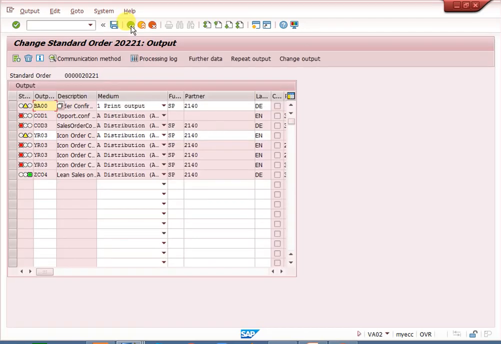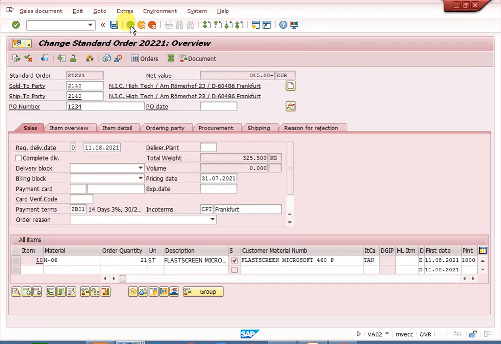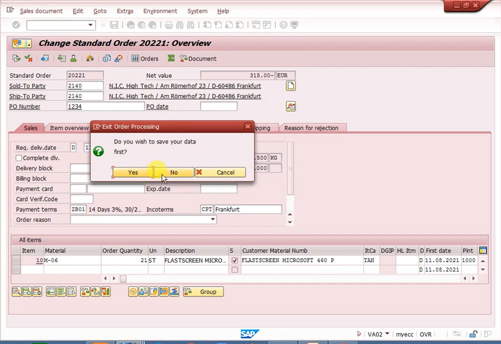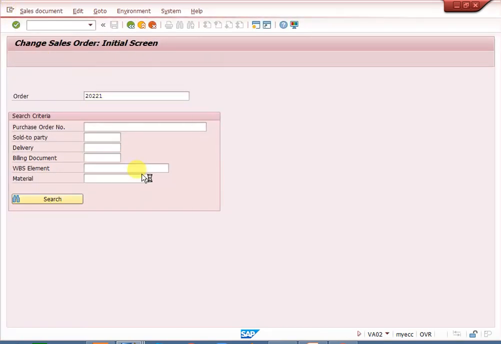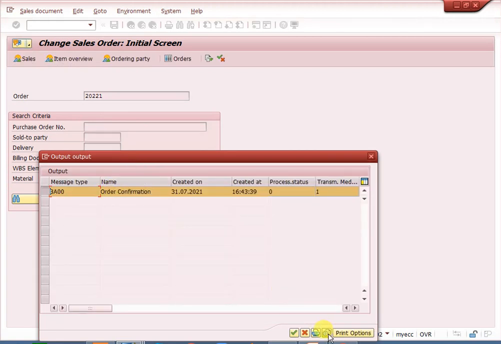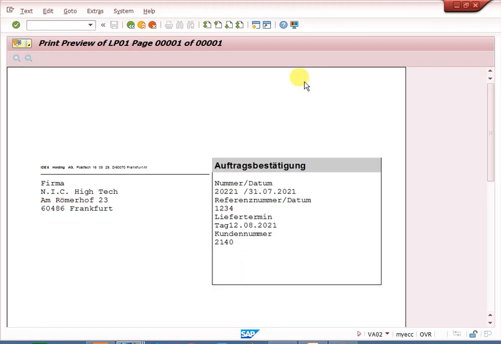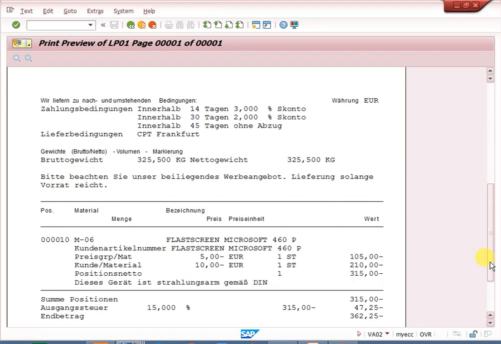Okay, come back. Sales document issue output. It is opened. This is the standard IDES sample output type. As per business requirement, we as functional consultants need to gather all requirements from the user.